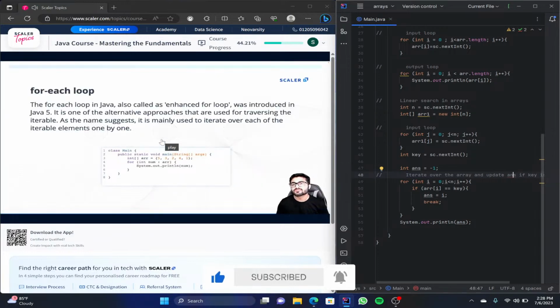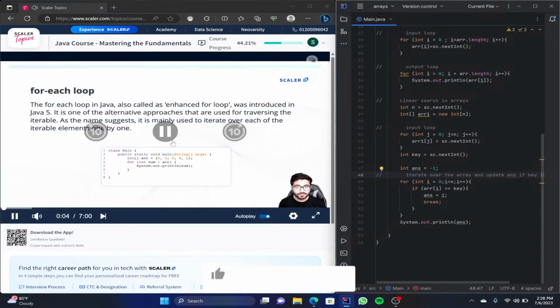Hey everyone, I'm Tarun, and today we are talking about the for each loop in Java. So the for